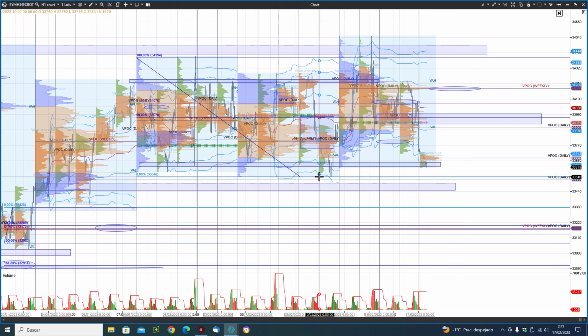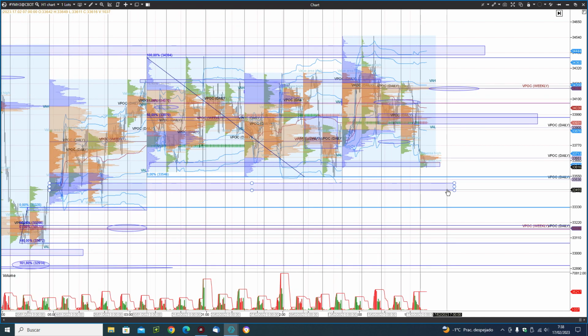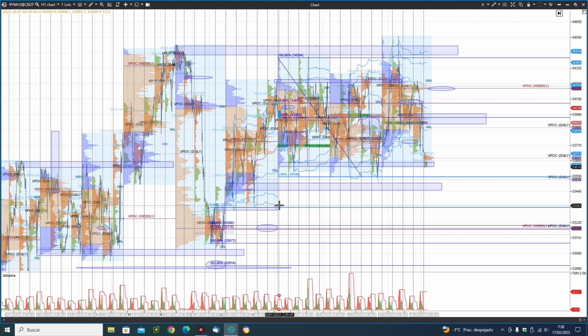Talking about lower targets, here there is a typical target because it's a price action zone at 33,553, and then this price action zone that ends at 33,455. If the price continues falling, we could go to this another price action zone, 33,329, and this great target, naked VPOC, weekly VPOC,